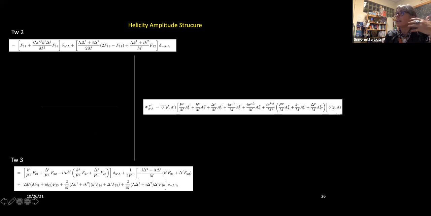And so similarly, we can do the same exercise at twist 3, and there's going to be now 8 of them because of the various symmetries of where the back component can be placed. So we can do the same exercise. And now you see that this term here is the covariant structure of the tensor before we integrated to get to the GTMDs. And so you see that the number of amplitudes is actually smaller